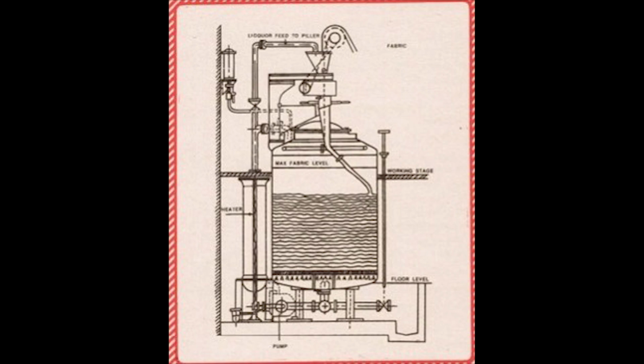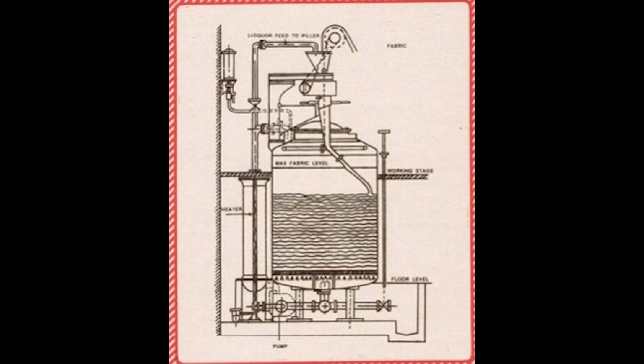The cloth rests on the perforated bottom around the center vomit pipe, 4 to 5 inch in diameter, which passes through the grit of the base. An intermittent stream of liquor is forced up the pipe by the steam pressure and deflected at the top by a spreader, so that it flows over the goods and down to the bottom of the cure through the packed material.